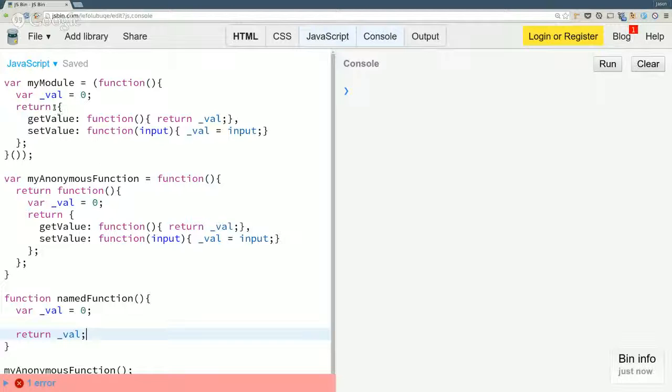So again, that's all this is doing, if we deconstruct it, we're just writing a function and blocking out all this other syntax. Inside of that function, we're declaring a variable that is encapsulated inside that function because of the var keyword. So outside of this function, val is not accessible, and I'm returning a value.